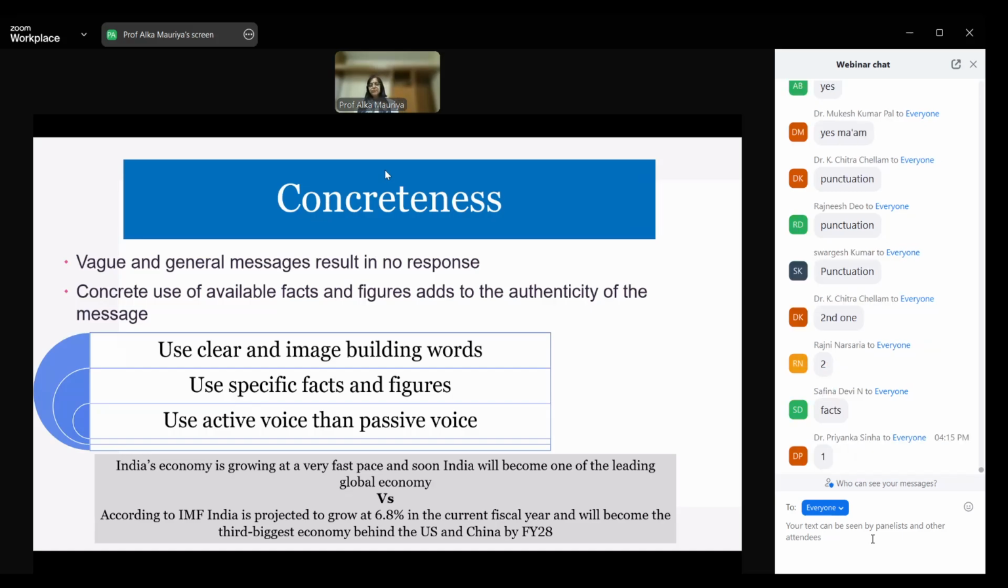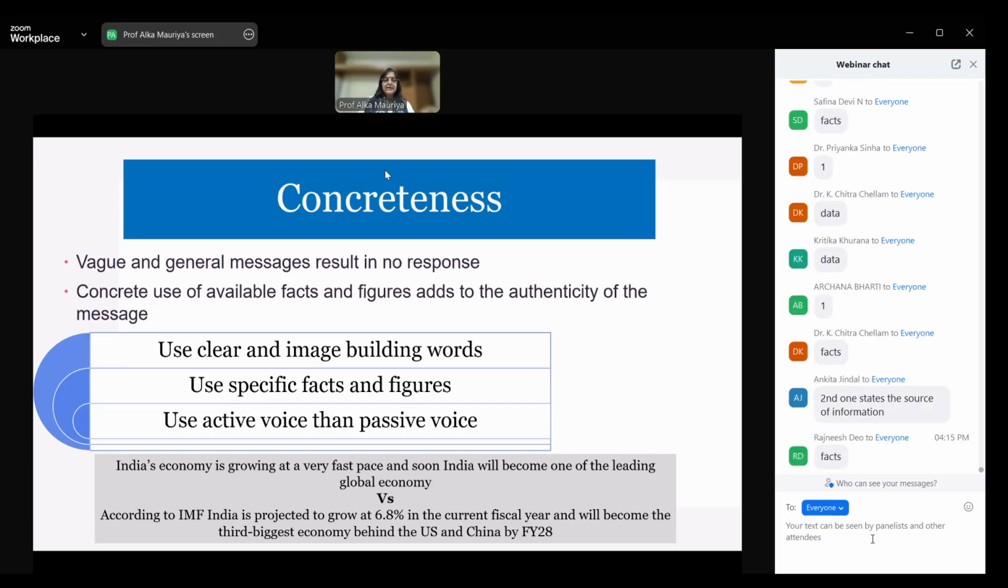Why the second one is more impactful than the first one? Facts, good. That is Safina. So what data? Fine, good. So what we have done is that the second statement says that this statement is given by IMF, which is a leading international organization. So when you have added that particular name, you have added